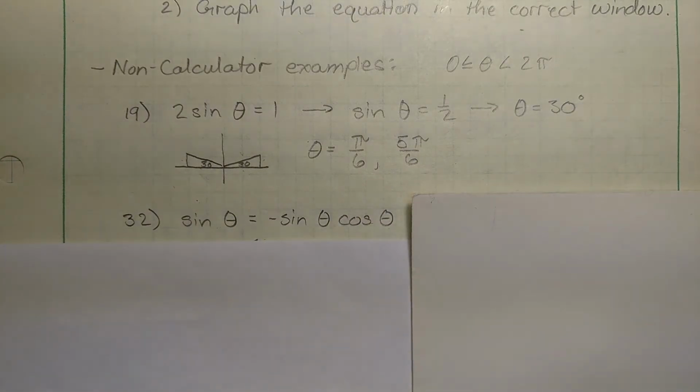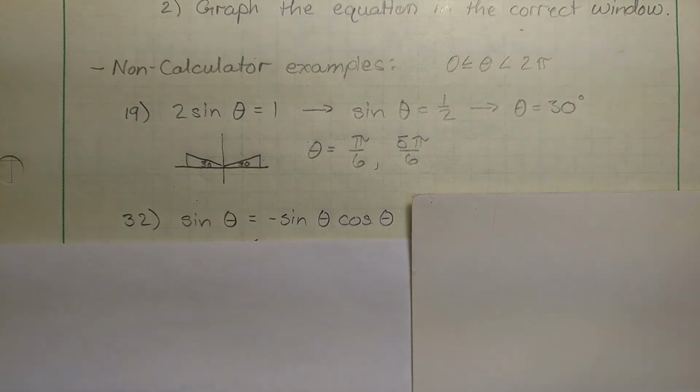So here we have sine theta is equal to negative sine theta cosine theta. In this case, we have multiple trig expressions. We've got sines and cosines, so we can't just solve for a single one. So we need to go ahead and move everything from the right over to the left and set it equal to 0. So I will add that